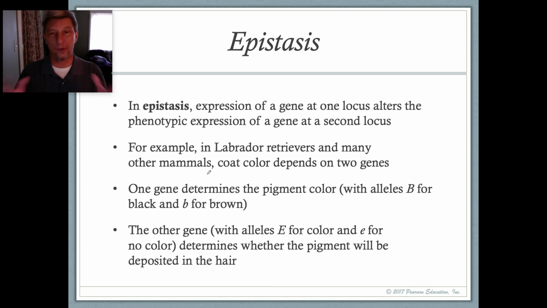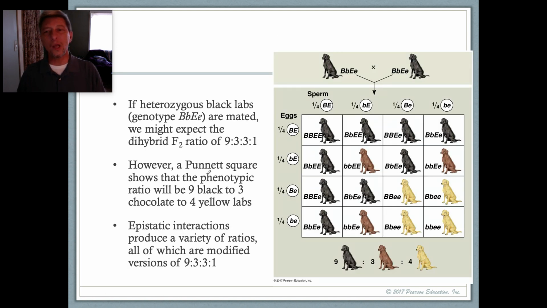And so if you've got a dominant allele, then your fur will be colored. If you don't have a dominant allele, in other words, two recessives, then your hair won't have any color. And that's how you get a yellow lab. Let me show you. So here we show the mating between two heterozygous black labs, and they're heterozygous for both